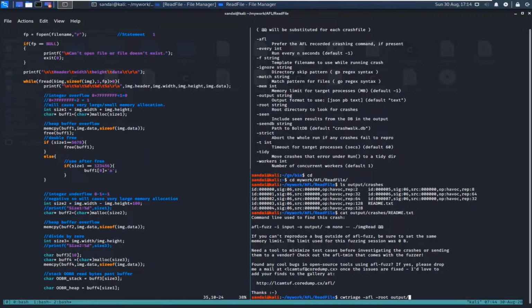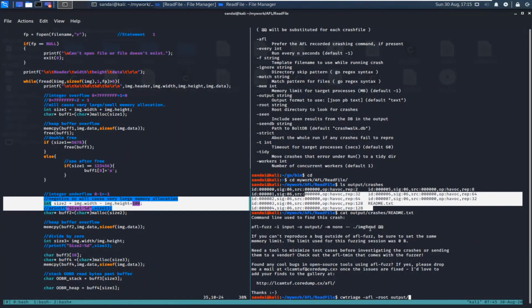If it finds any crashes directory, it will open the readme.txt file, and from that it will extract this command, this memory limit, and this executable file name. If your binary is expecting certain parameters which you are giving over here, it will extract those automatically from this file. Then it will take each of these crash files, use this command, and see if it is causing any crash.